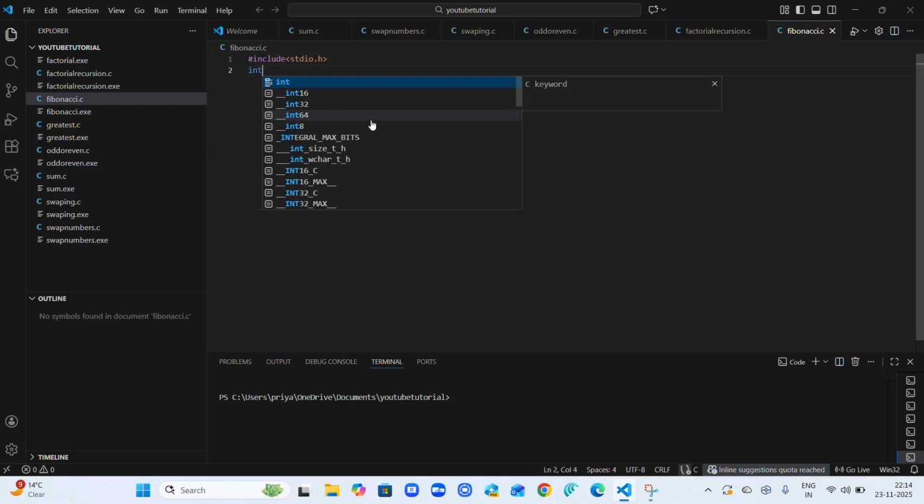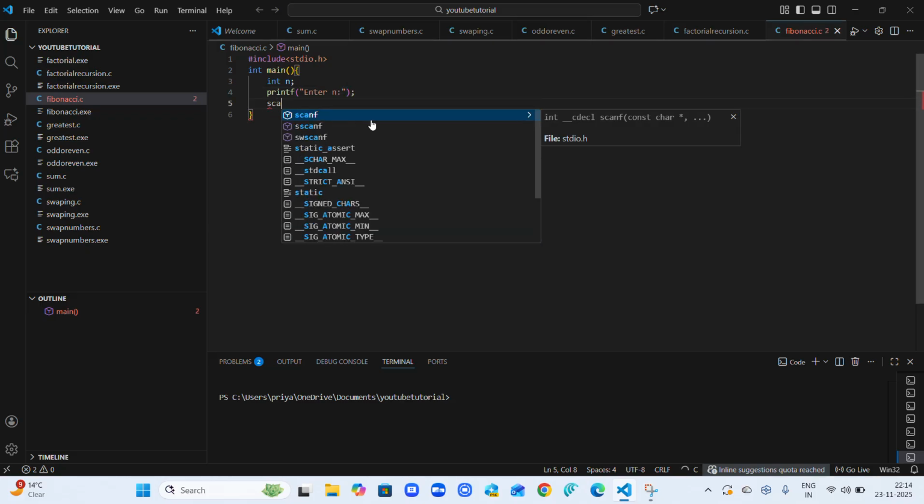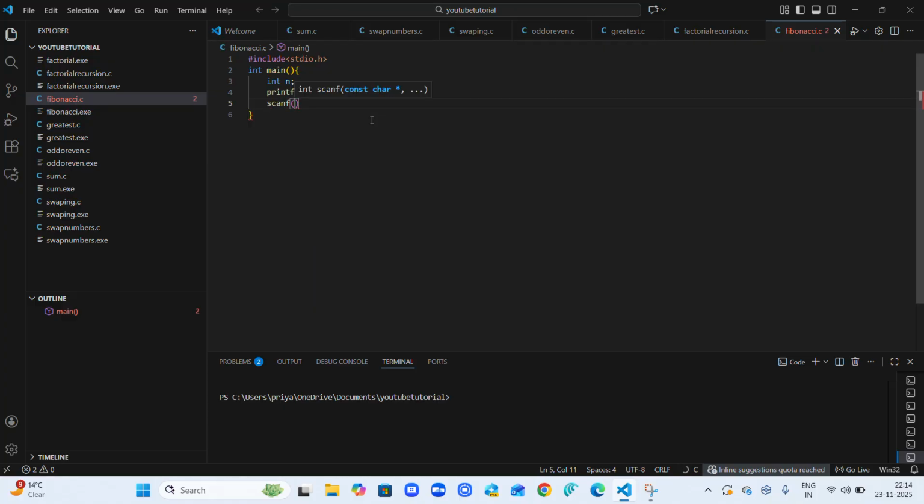Then I'm going to write int main. Then I'm going to take input from the user. I'm going to create a variable int n, printf "enter n". Then I'm going to write scanf, as I'm going to take the input: the user wants to find at what position which number is present. So scanf %d, and I'm going to use ampersand